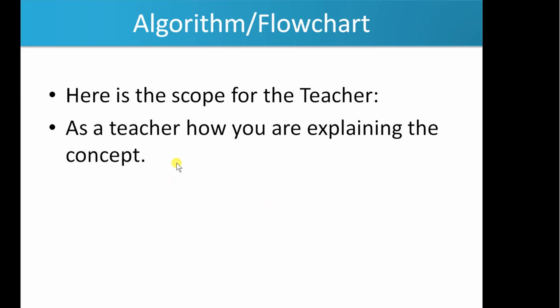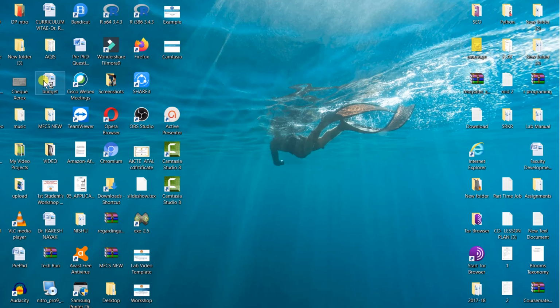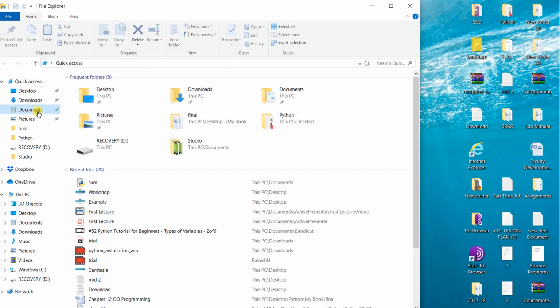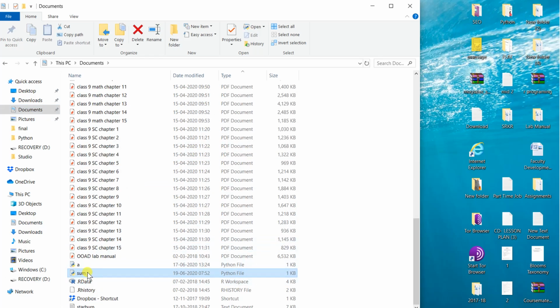Now let me execute the code that I have generated. I'll go to my documents, and the code was A, or it was sum, no? Okay, sum.